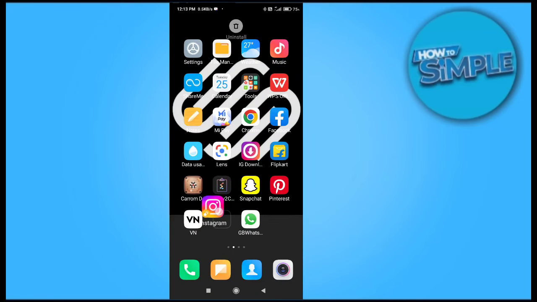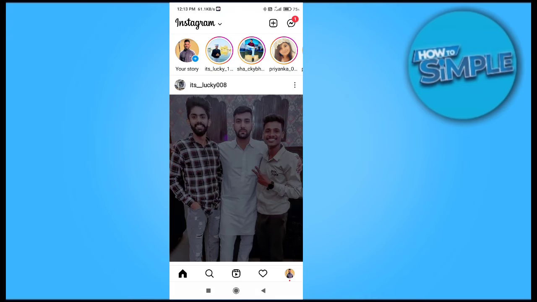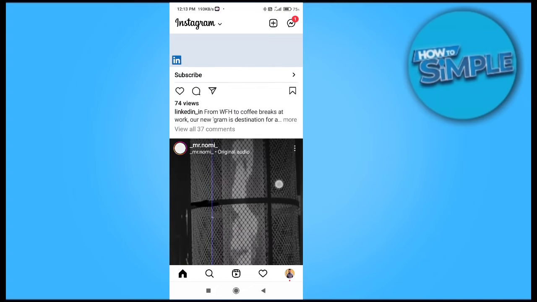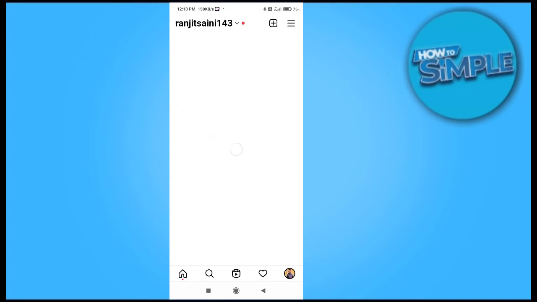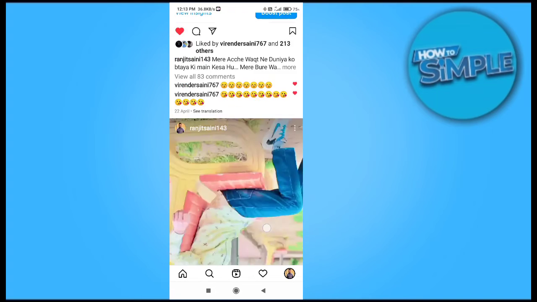In this video, I'm gonna show you how you can restore your archived post on your Instagram account. So you just have to go on your Instagram on your mobile phone, and I will just click on my profile option on the right bottom here. So when you click on the right bottom, you can see this is my profile here,